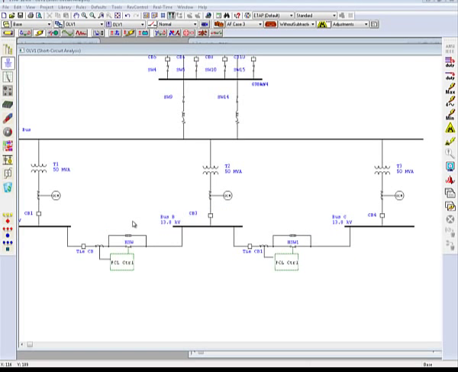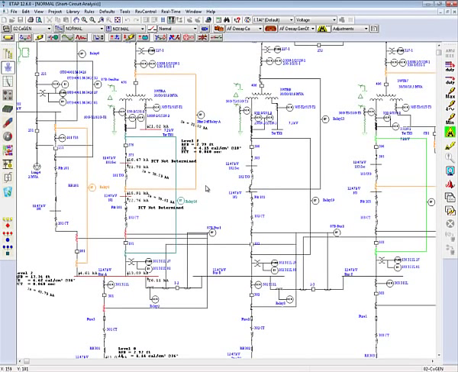Okay, so now realistically when you're working on your project, you're not going to be doing fault insertions for every case. Typically what you have set up are scenarios, and you use a report analyzer to identify any problematic areas. So I'm going to go ahead and switch to another project. Now in this system I have